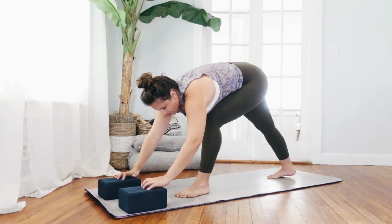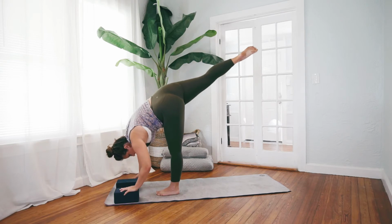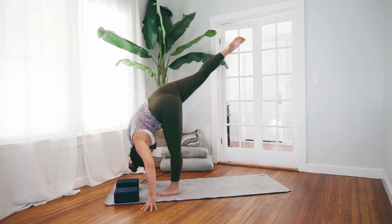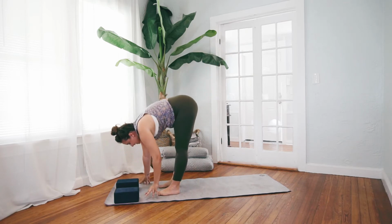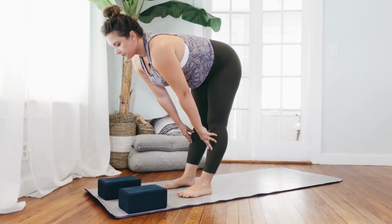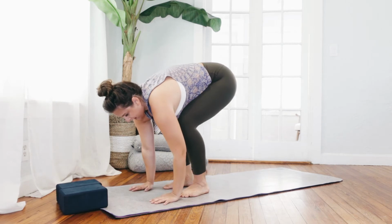Slide hands or blocks forward, bend the left knee, lift right leg into the air, standing leg split. Bend the right knee, plant the foot beside the left. Take a breath, halfway lift. Exhale, fold. Move the blocks up, plant the hands,